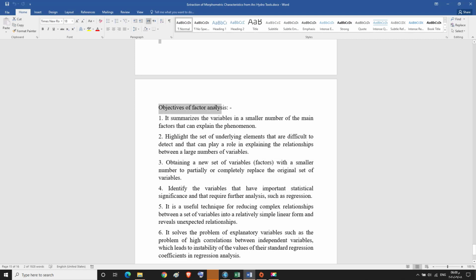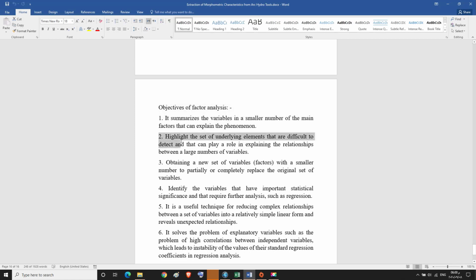Objectives of factor analysis: 1. It summarizes the variables in a smaller number of the main factors that can explain the phenomenon. 2.